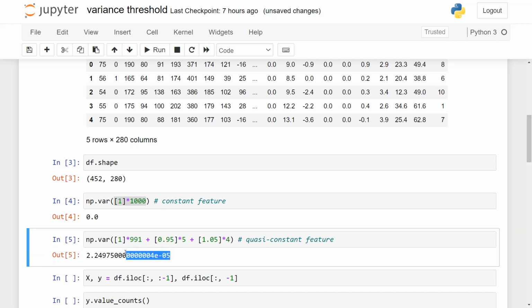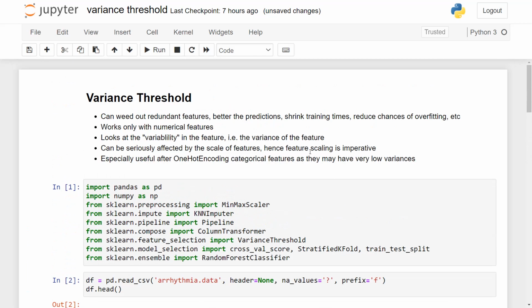It is also a very small quantity, because these values are very close to each other, right? 1, 0.95 and 1.05. So if I make it, say, 10.5, let us look at the variance. It becomes 0.359. So this has shot up the variance just by changing 1.05 to 10.5, and that is the importance of feature scaling.